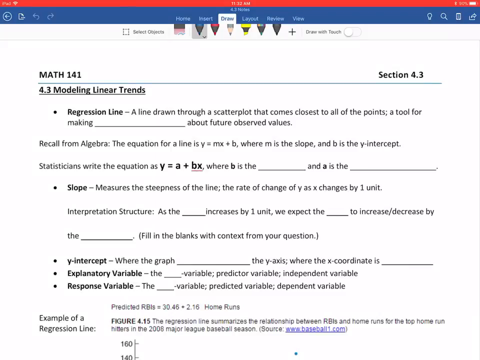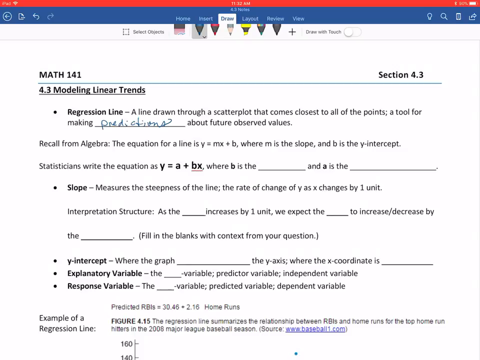Section 4.3, Modeling Linear Trends. Okay, a regression line is a line drawn through your scatter plot that comes the closest to all the points. It's a tool for making predictions about future observed values. Recall from algebra that the equation of a line looks like y equals mx plus b,